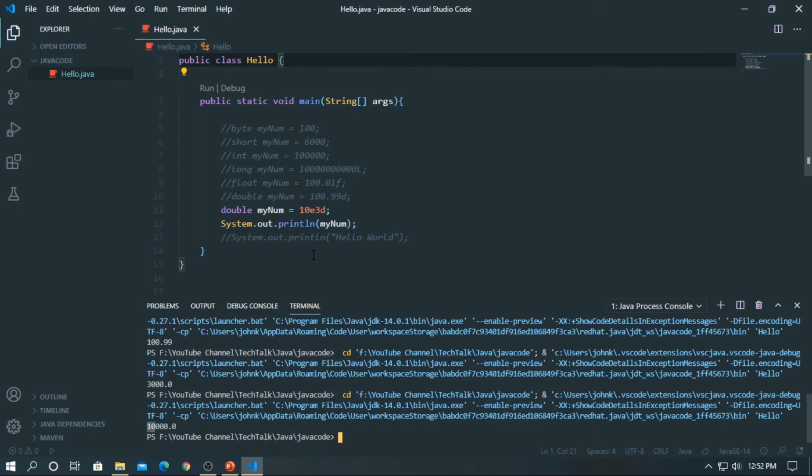Booleans. A Boolean data type is declared with the boolean keyword and can only take the values true or false. Let's create a Boolean.